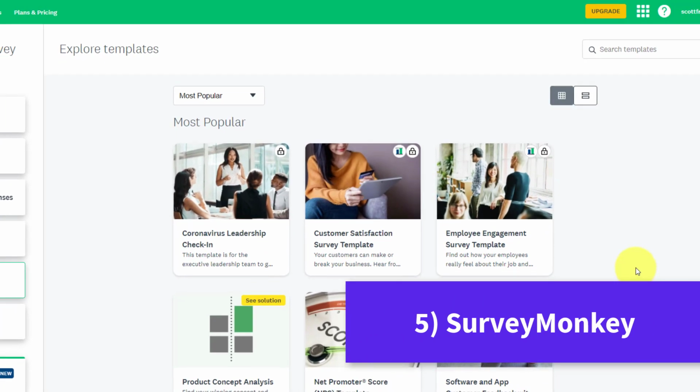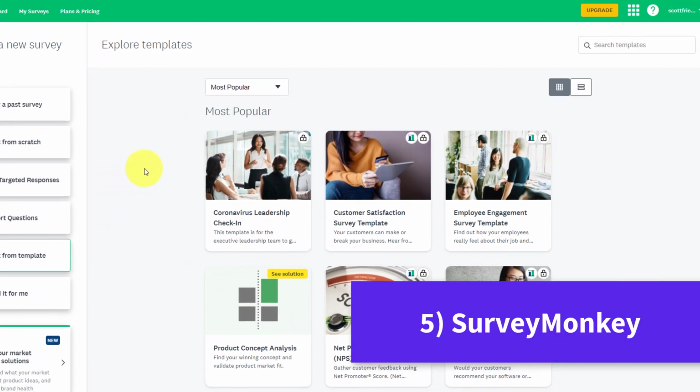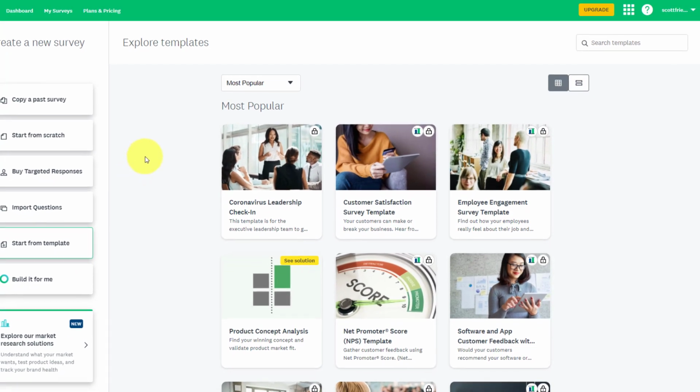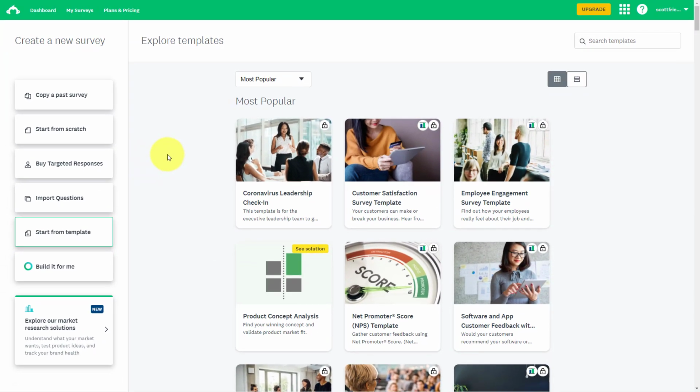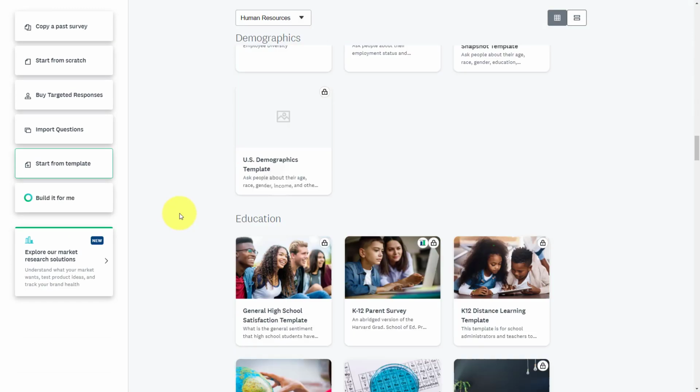And you're probably saying to yourself, wait a minute, SurveyMonkey, I know that tool, I've used that tool, but how is that going to help me as a part of the hiring or interview process? Well, SurveyMonkey knows an awful lot about what makes people tick and also how to complete very effective surveys. So if we come over here to the templates section of SurveyMonkey and come down to human resources, there are